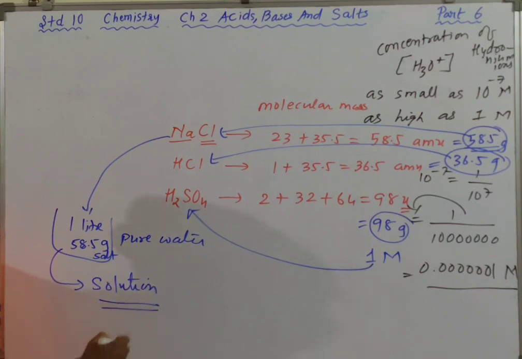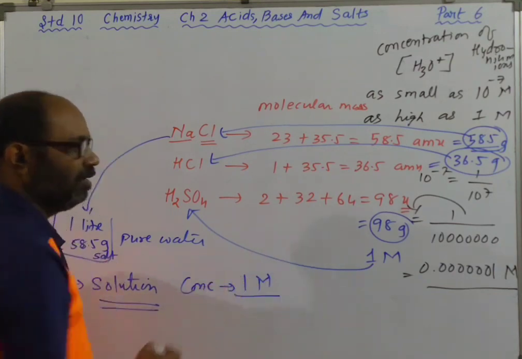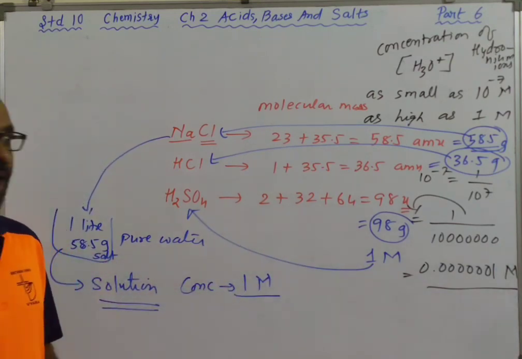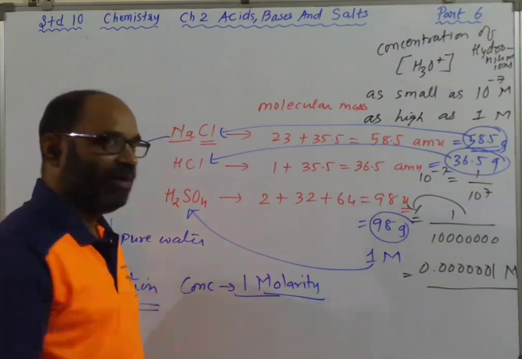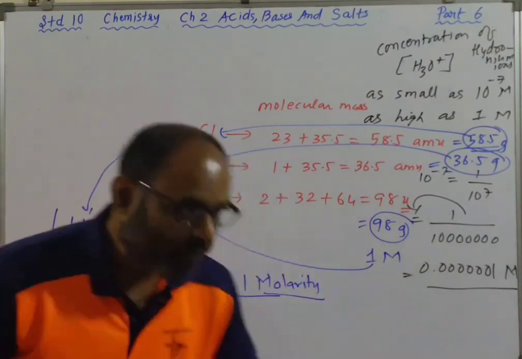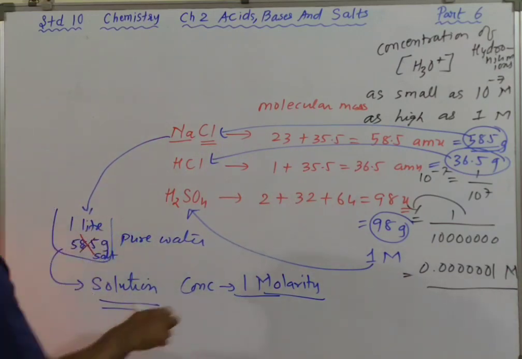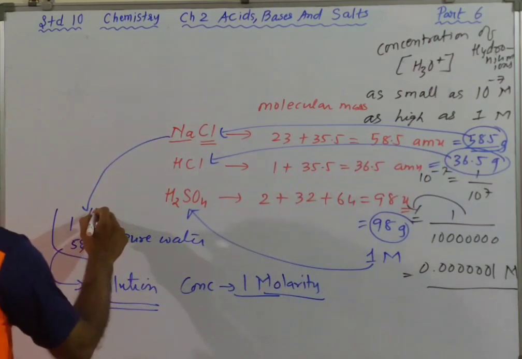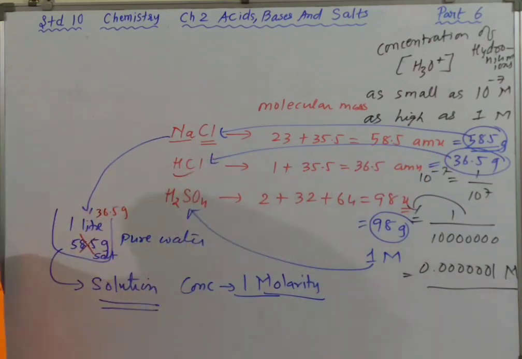Now this solution, its concentration is said to be 1 molar. What do we call its concentration? 1 molarity. 1 molar or 1 molarity. The concentration is 1 molarity. Is that clear? In place of this, in 1 liter pure water, if you add 36.5 gram of HCl, so